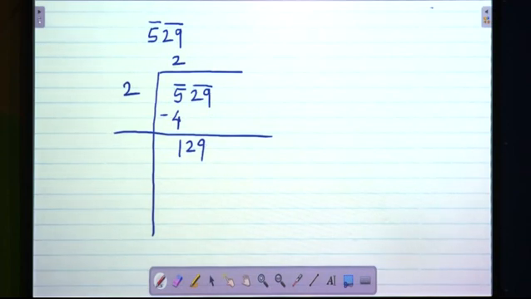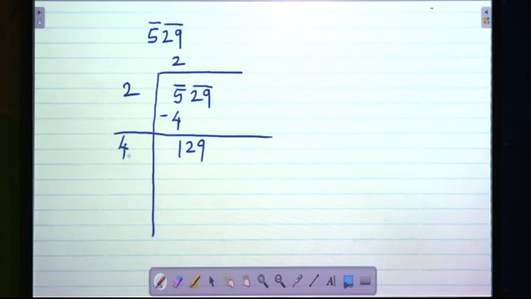Okay. Now, what is the next step? Double of quotient. What is the quotient? 2. So, double of the quotient is 4. Guess a digit such that 4 with that digit placed next to it, multiplied by that same digit, should give a value less than or equal to 129. Simple thing. What is in the units place? 9 is the digit in the units place. So, we can understand 3 square is equal to 9. So, let us guess the digit 3 here.